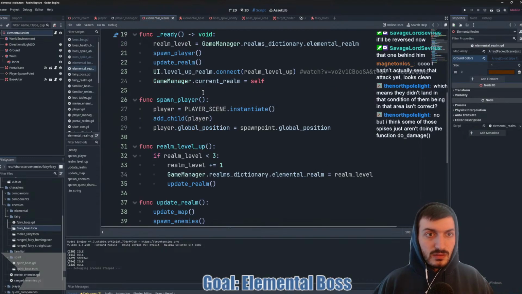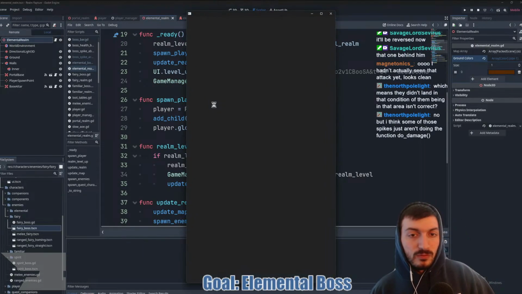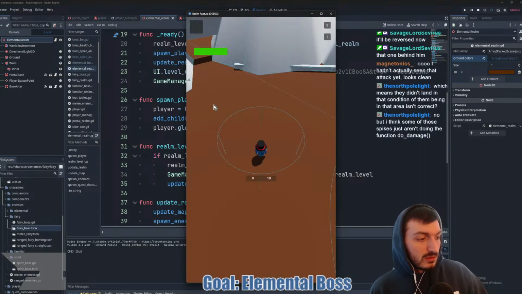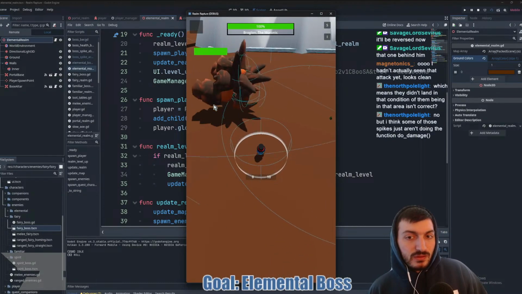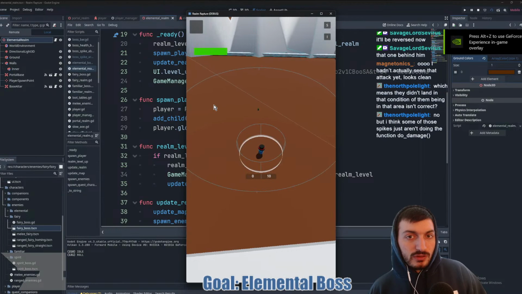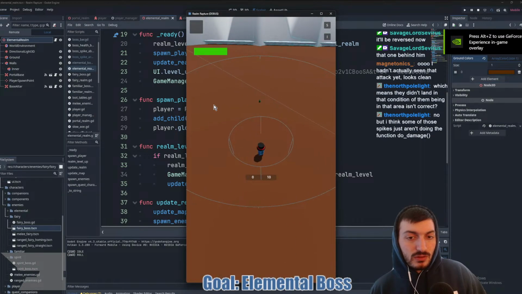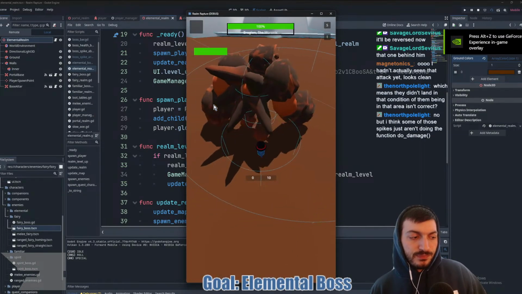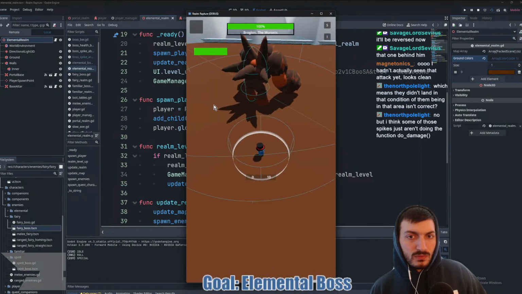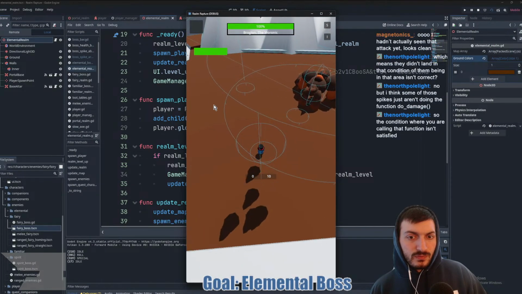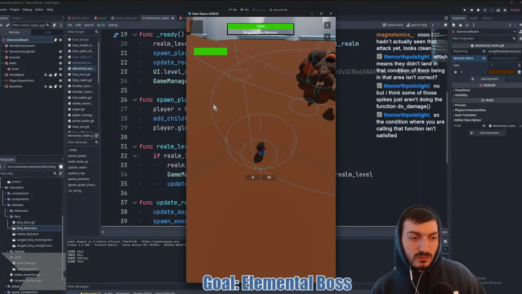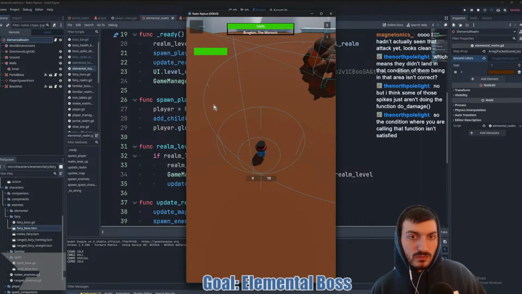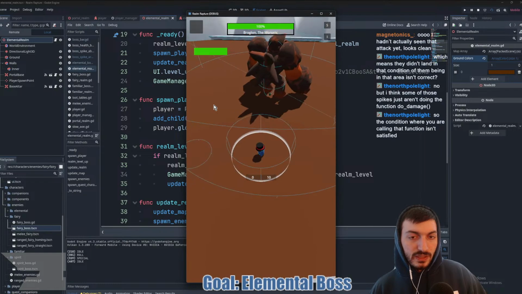Which means maybe it's something when we're calling do damage. The spikes that are calling do damage just aren't doing the damage. Okay, now 2 of them didn't.